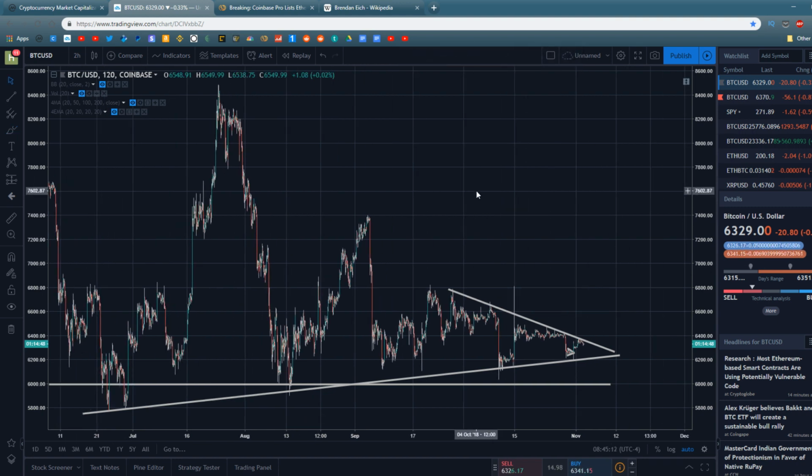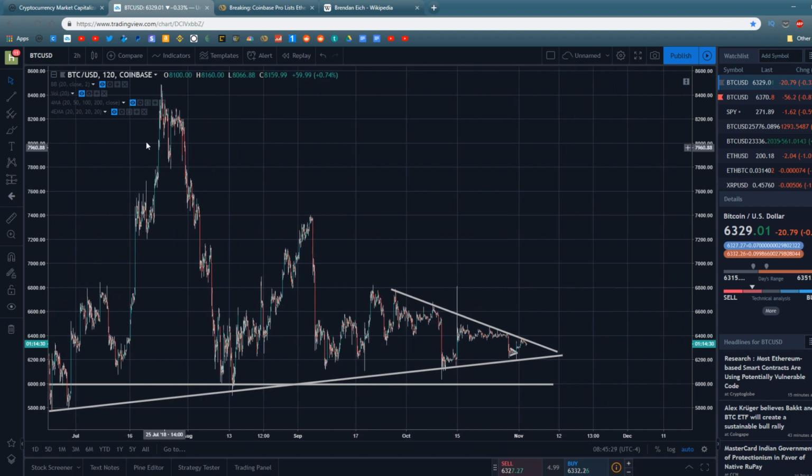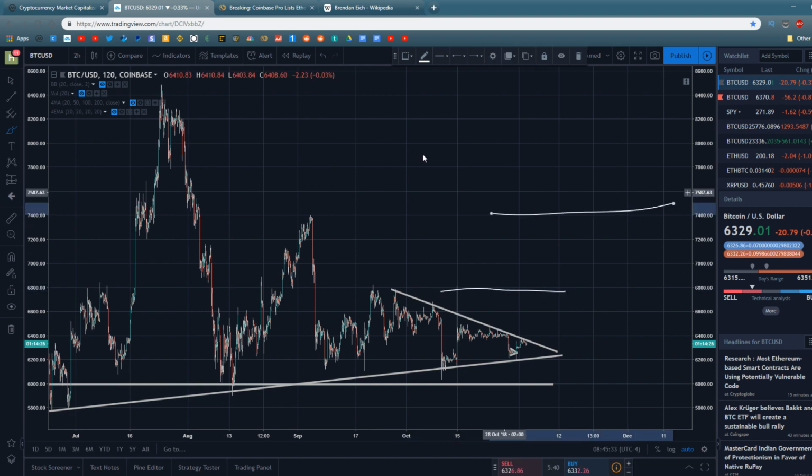We've seen Bitcoin make a lot of higher lows, and that is very important because we're looking for Bitcoin to continue on into this accumulation phase and start gradually moving up and pulling itself up from its bootstraps out of this actual bear market and into a new bull market. And one of the great catalysts that you can see on the technicals for that is the market making higher lows, and I'm very happy to see it doing that. The next thing that we want to see happen, of course, is for Bitcoin to make higher highs. We want to see it get above $6,800, then above $7,400, and then above $8,400, but let's not get ahead